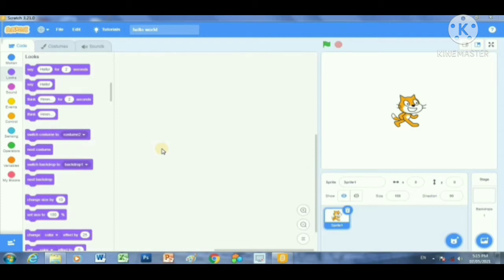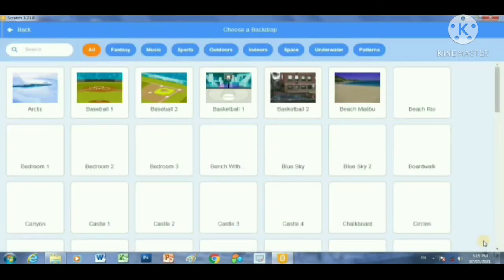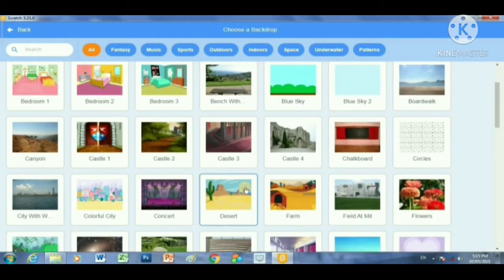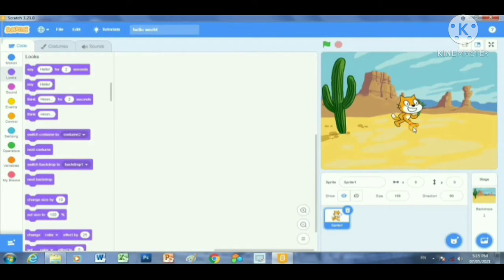First things first, I recommend changing the name of your project to hello world or whatever you like. And now the backdrop right here is pretty boring. I'm going to change that. If you don't want to, you do you. And this is a pretty good backdrop. I've chosen this. Now I want this cat right here, that is named Sprite1. Now I'm going to first of all change the name. As you can see, I've changed the name to cat.